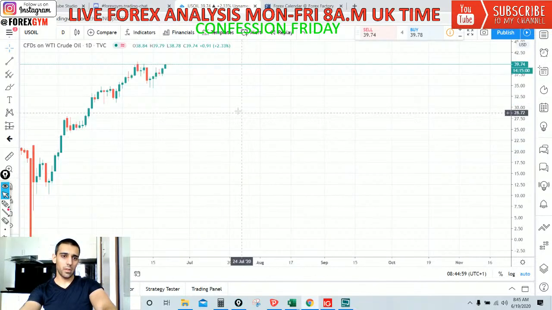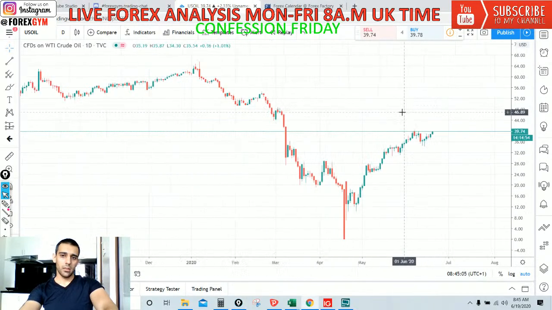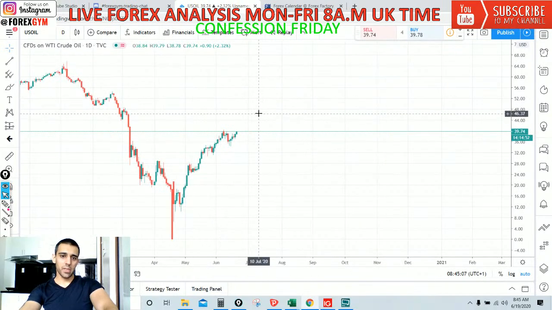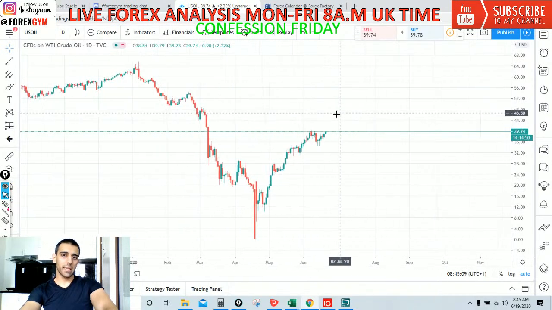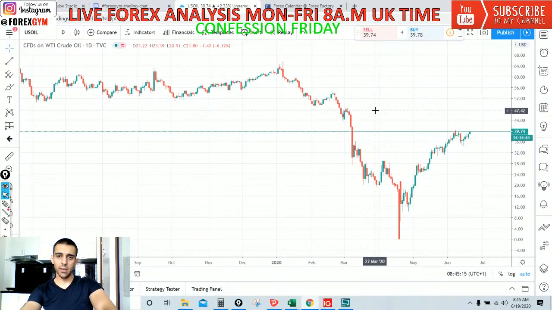Yeah, so that's my view on that one. Personally, I will wait for the break of this high here. Then any potential retracement will be an excuse to get onto the long side, and most likely the next high will be the target. We have this resistance in here, but ideally I like to target the highs.